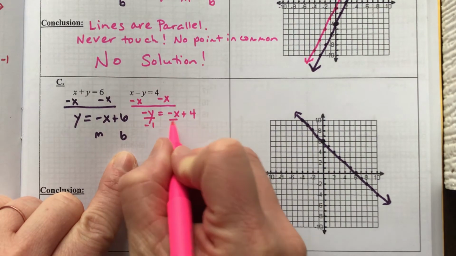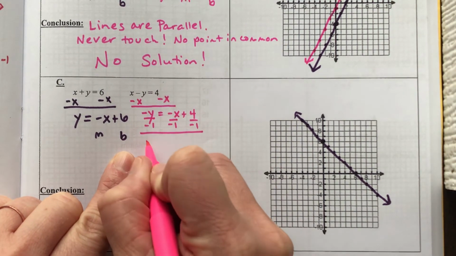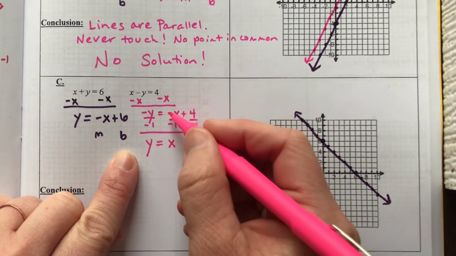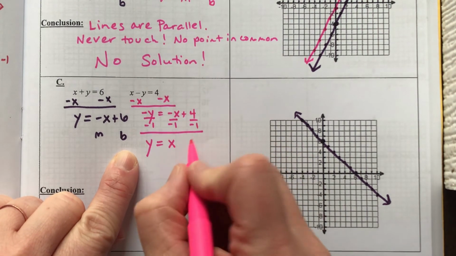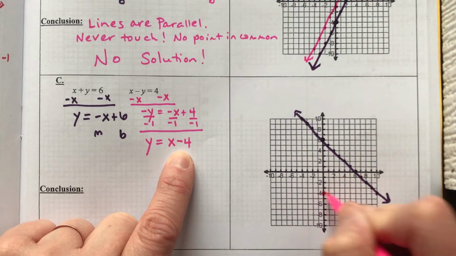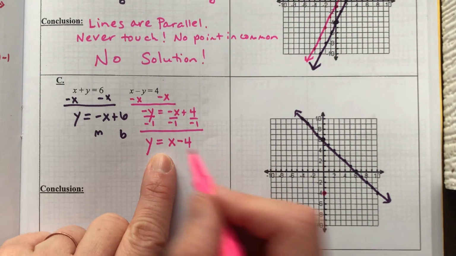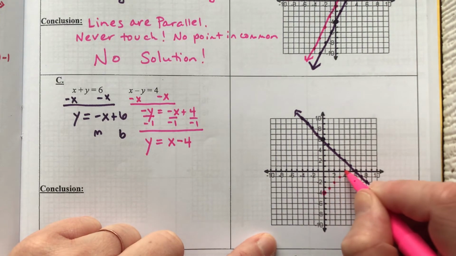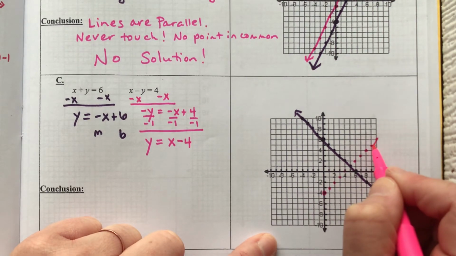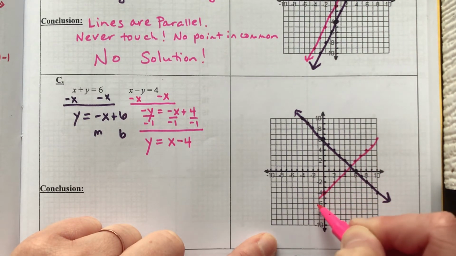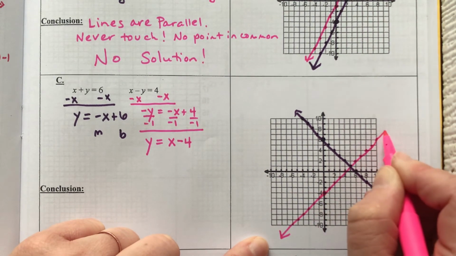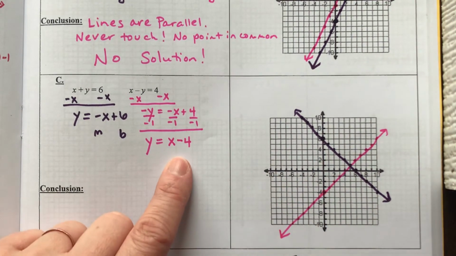Now I'll divide everything by negative 1, and I'll have y equal to positive 1x, because x divided by 1 is just x, and negative divided by negative is positive. 4 divided by negative 1 is going to be minus 4. So now I'm going to start at negative 4, and I'm going to track my slope, which is positive 1. I have 1x, so up one, right one, up one, right one, and go that diagonal direction here. So there I've connected my points for my line for y equals x minus 4,